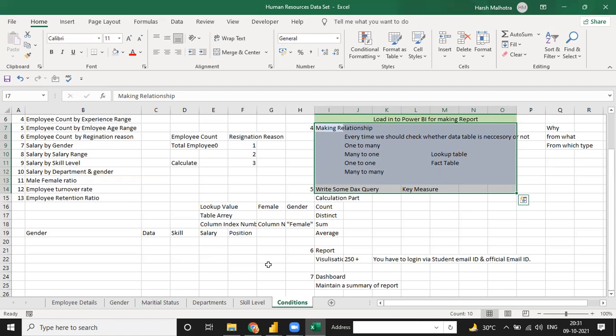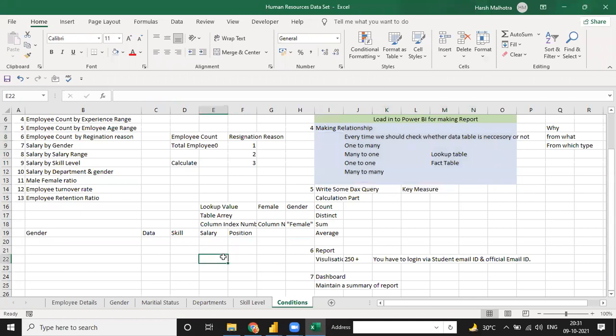See, what is Power BI actually? Power BI is business intelligence. It will give you the intelligence part. If you think bigger, you may have some questions in your mind about the data, and those questions can also be part of the report. But if I don't find them, I will not tell you. If you find one and tell me, sir, we can maintain this type of question also, then I will write it into your report as well.